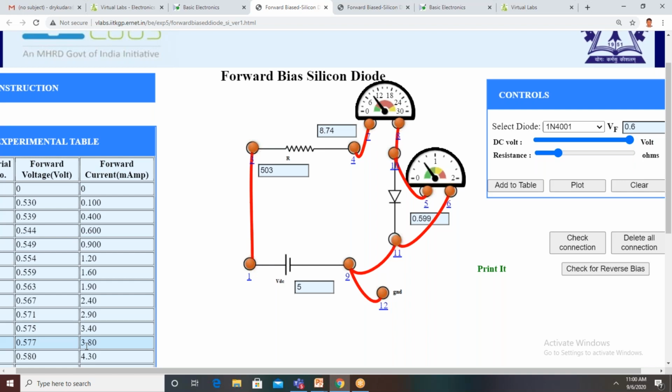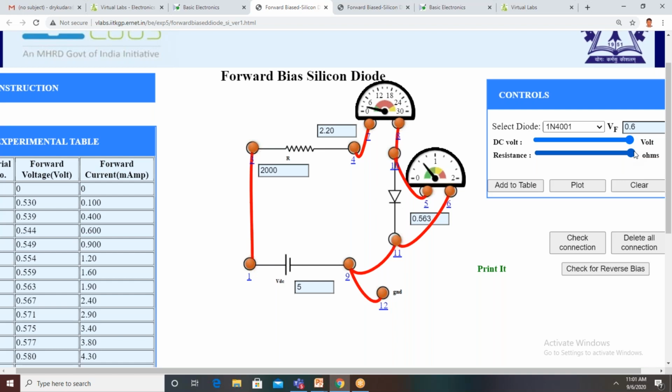If it is 120 ohms, you will get a sharp current after the breakdown voltage. The sharp current will be more, but the cut-in voltage is almost the same whatever value you keep here, 0.5 to 0.6 volts. The maximum available value is 2000 ohms or 2K. You can take any value between 100 ohms and 2000 ohms.